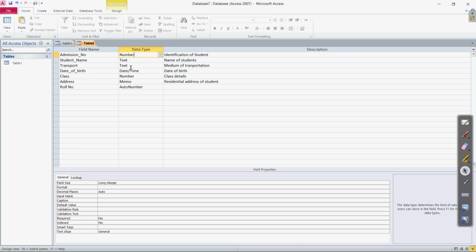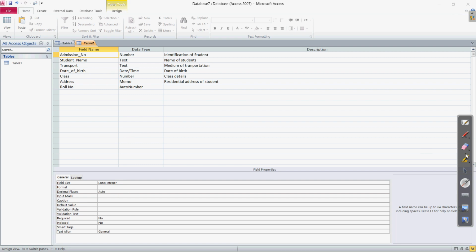As you can see, whatever data type or field you choose, the field property visible at the lower end changes accordingly. Here the field name is admission number and the data type is number, so the field property is related to number only.